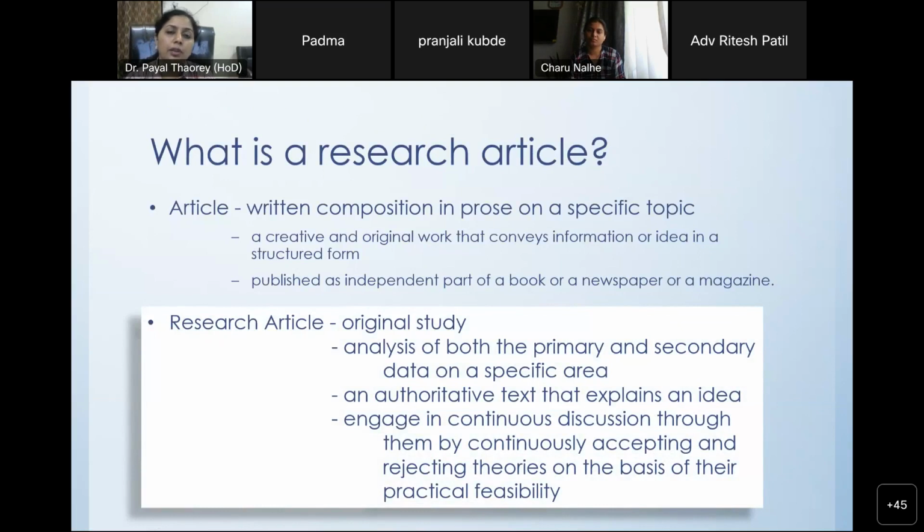And research paper का एक और जो important criteria कि published as independent part of a book or a newspaper or a magazine or a journal. Okay, so article क्या होता है, now I am telling you about the difference between article and research article. So when you talk about article in newspaper, article in journal, or article in books or article in magazine, then